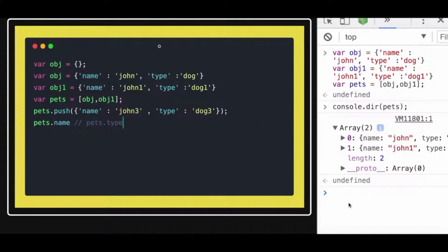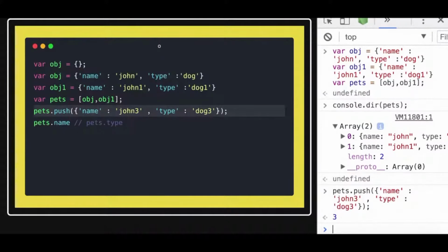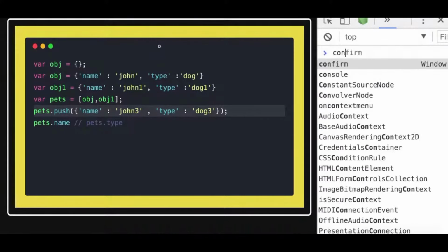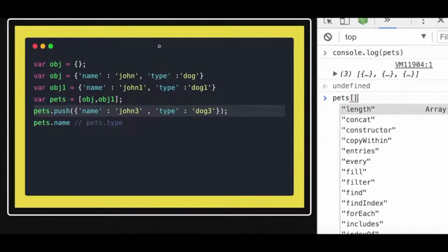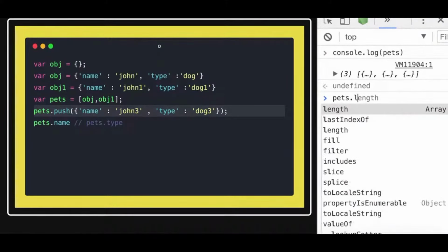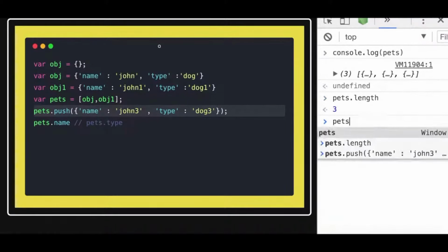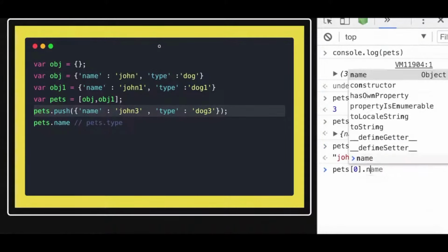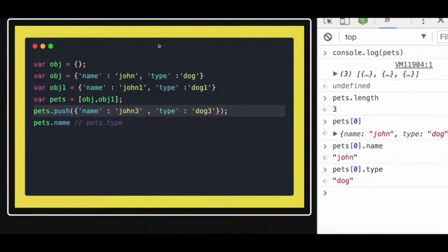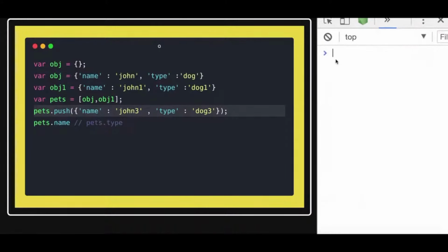right? So if you just talk about this, I just pushed this array here. Now let me just clear this out. So it is having three objects, right? So pets, or you can just first do a length. Here I can do pets[0], this is the 0th index, so what it is giving me is the first object. So using this, I can access the name, I can access the type. Similarly, I can access the other index also,